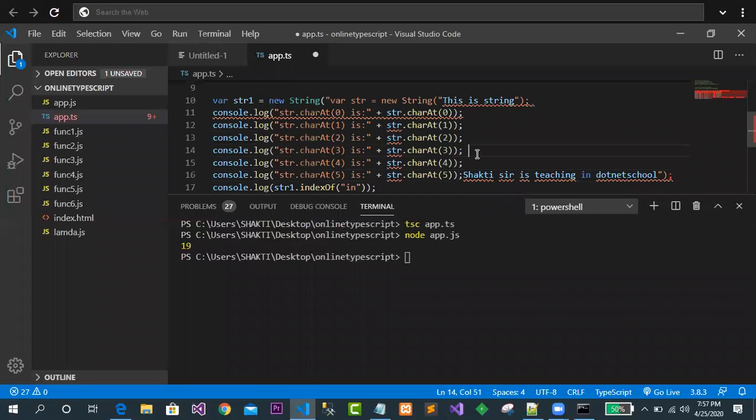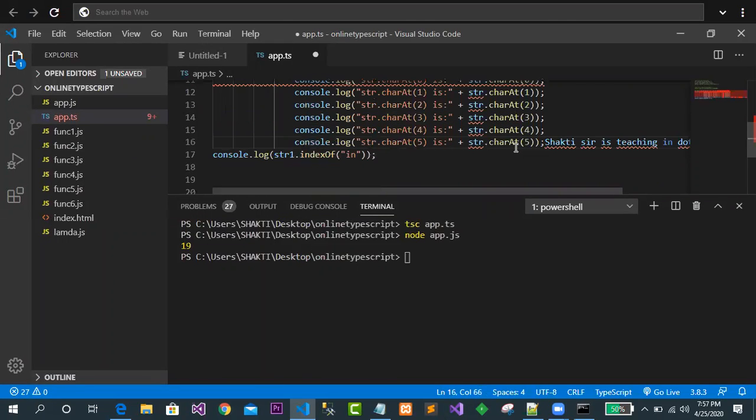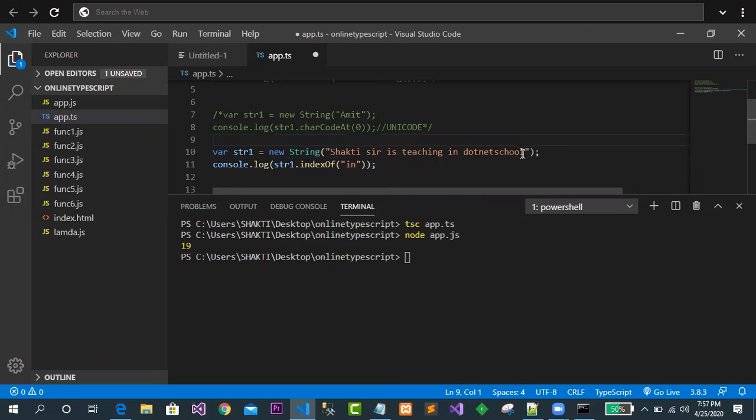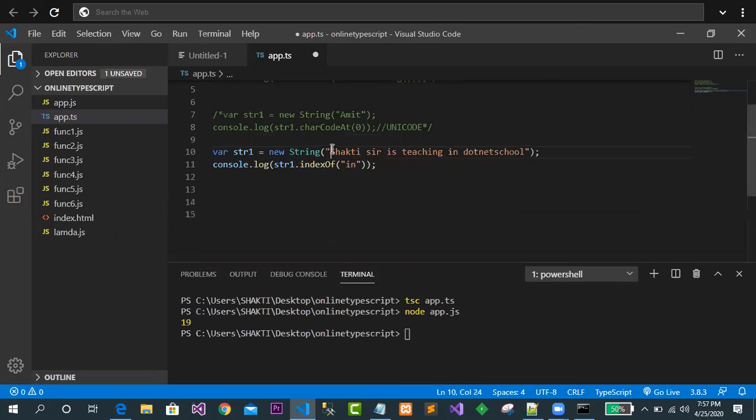Sorry. I did a mistake. Just see what is the index. 0, 1, 2, 3, 4, 5, 6, 7, 8, 9, 10, 11, 12, 13, 14, 15, 16, 17, 18, 19. This in the position number what? 19. Here. Okay, so yes, sir, I will give chocolate. Those who given right answer, I will give you chocolate. Yes, Badal, you got it. Got it, na? Okay, it's very simple.